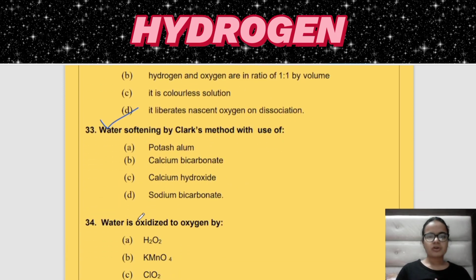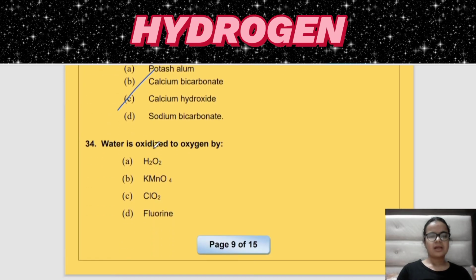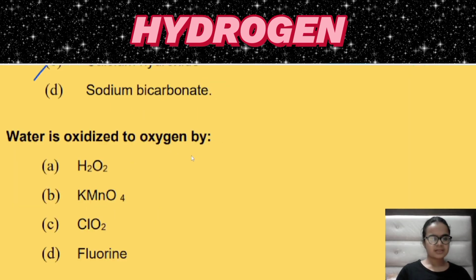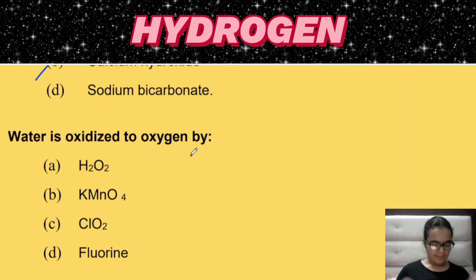Next is water softening by Clark method with the use of, and the answer is calcium hydroxide. C is the right answer. Next is water is oxidized to oxygen by, and the answer is